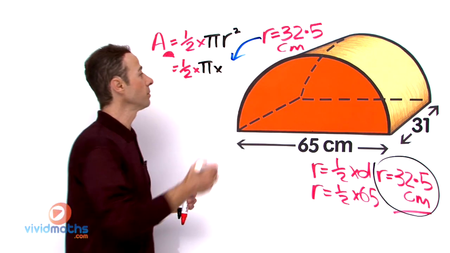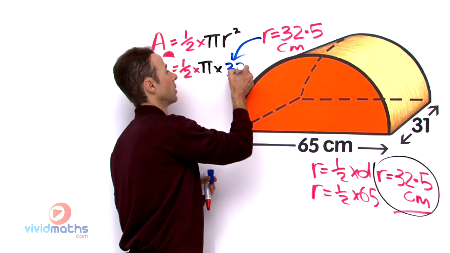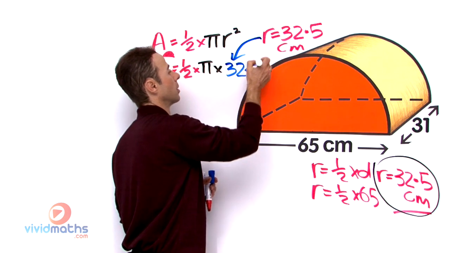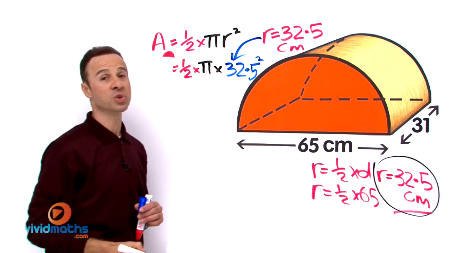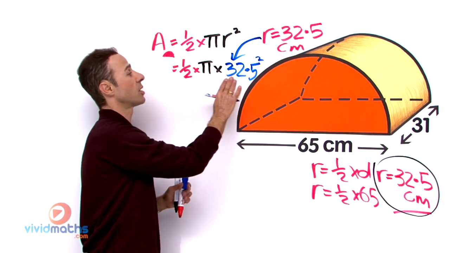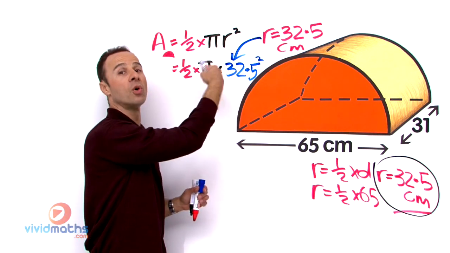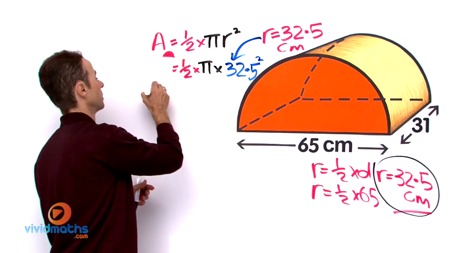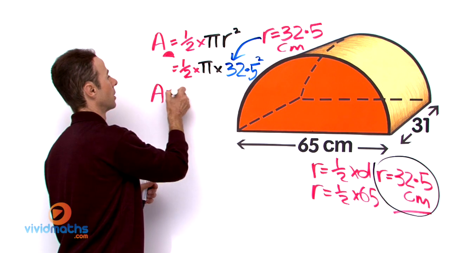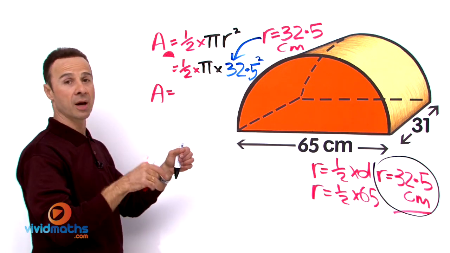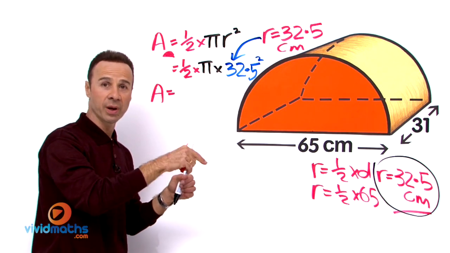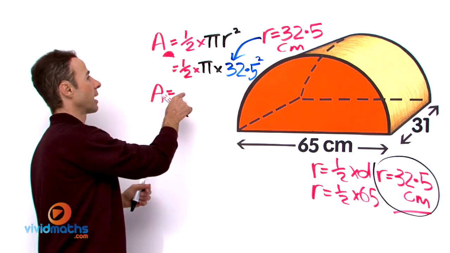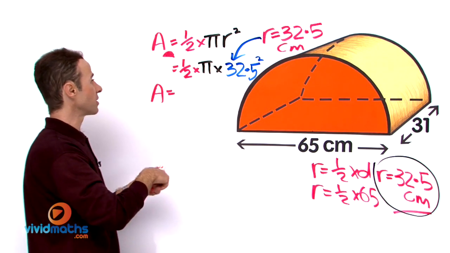There's our radius again. And always remember to square it, because it's a half times pi times 32.5 all squared. On your calculator, a half times pi times 32.5 squared is going to give us